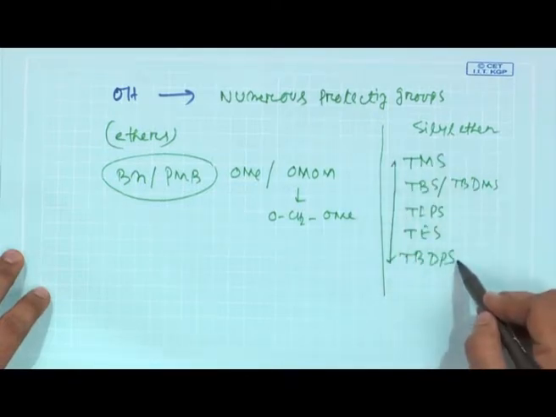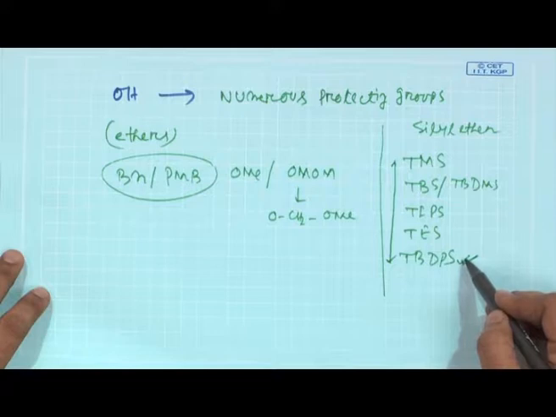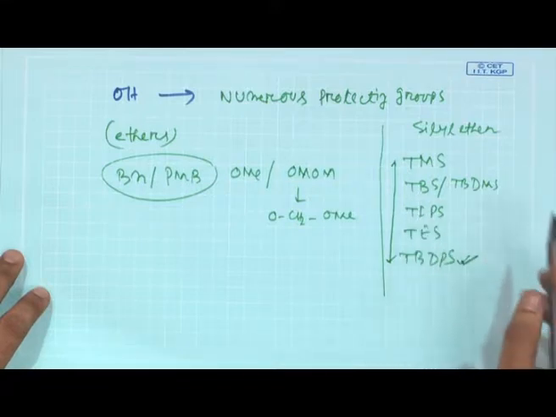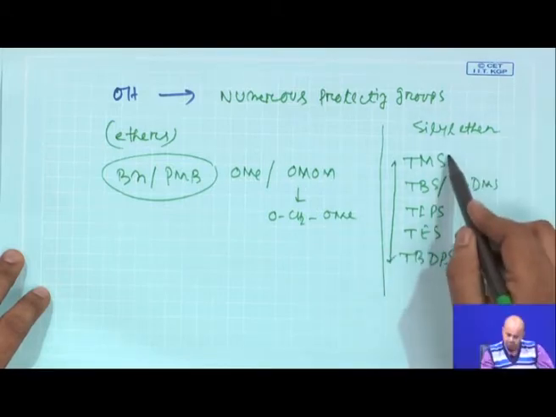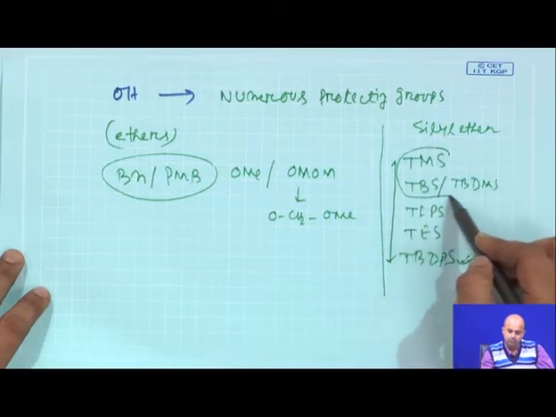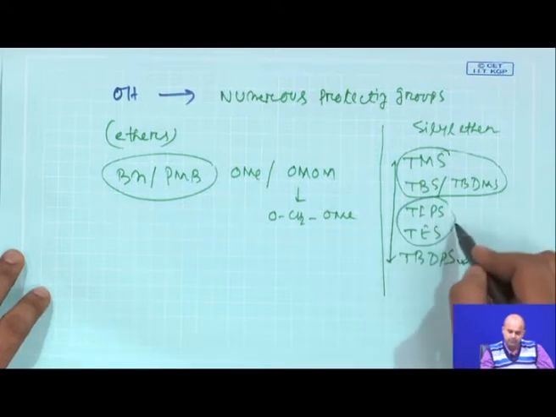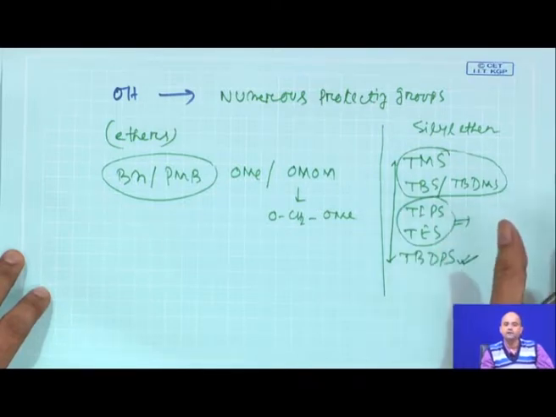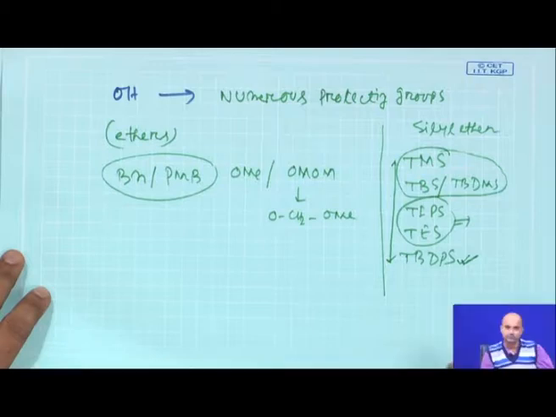Normally it is found that TBDPS is very stable under acidic conditions, and groups like TBS or TMS seem to be too active under acidic conditions. TIPS and TES seem to have a middle activity. They are kind of reactive in the presence of acid, but not as reactive as TMS or TBS. TBDPS is somehow acid inert, but things go completely reverse.